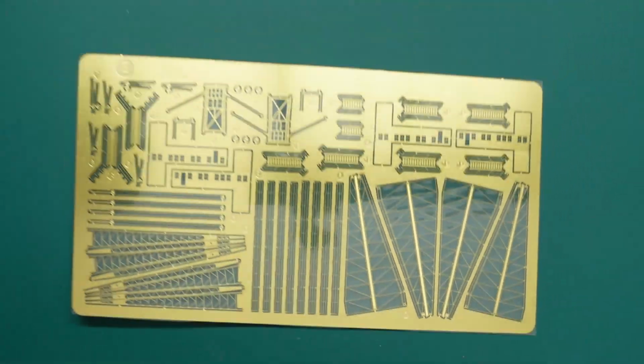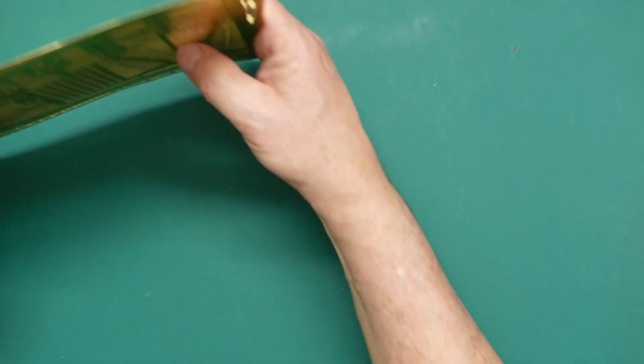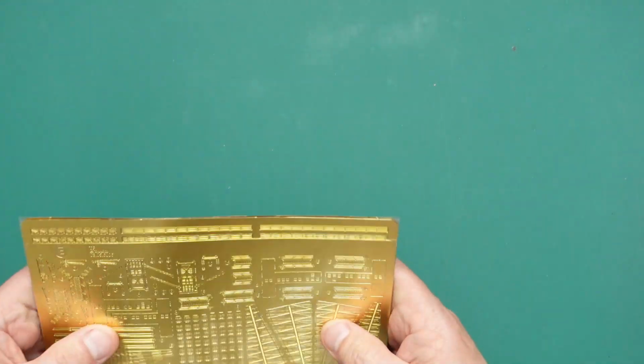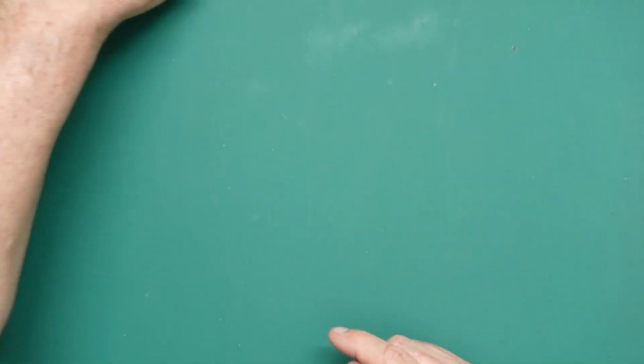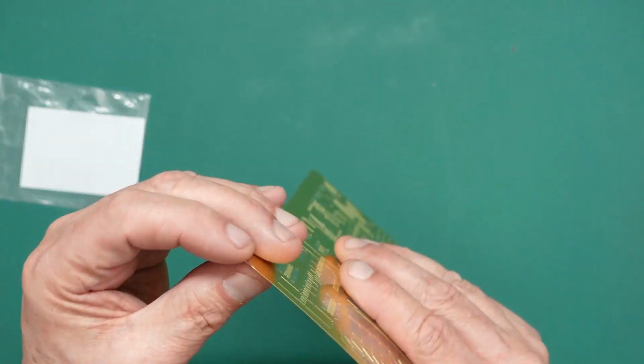Really, really nice. It's going to look incredible when it's done, as long as all the photo etch works. Because sometimes, as we know, some of the Chinese manufacturers design this stuff on a CAD model, and it's this big, and when it actually comes to making it work in photo etch, it just doesn't work. But I must say I'm very impressed by the look of the quality of the photo etch and how thin it is. Just to give you an idea,